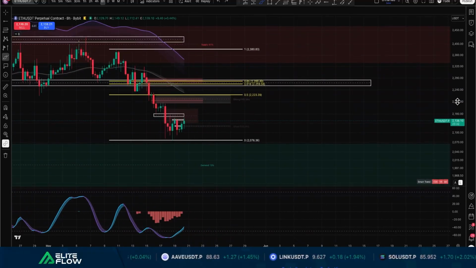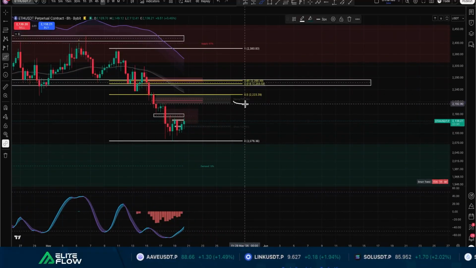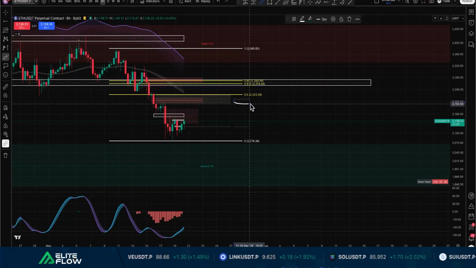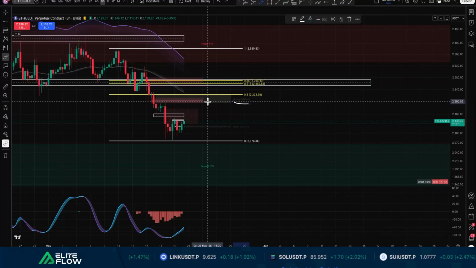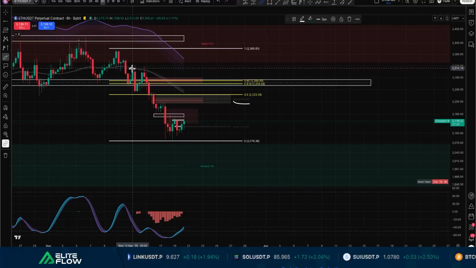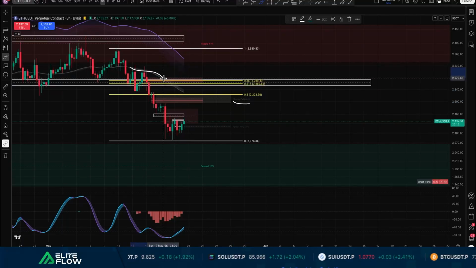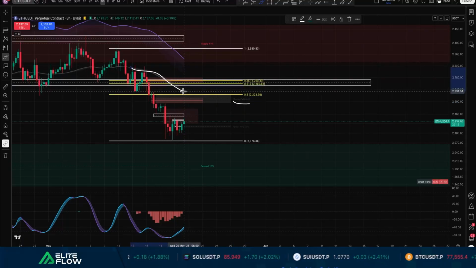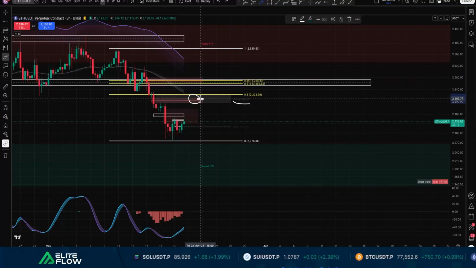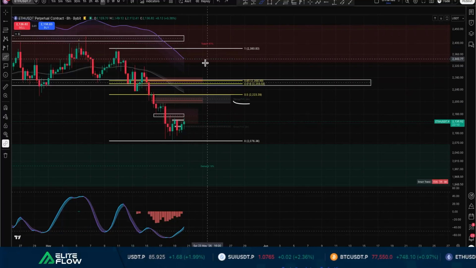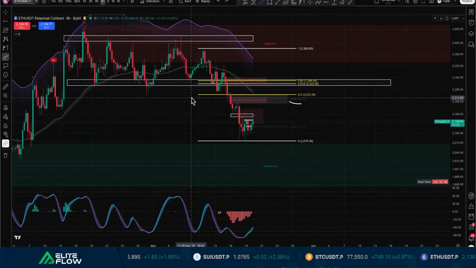Now, another thing worth noting, we've got a strong fair value gap. Same thing as Bitcoin, a 4 hour gap that's engulfing an 8 hour gap. The 8 hour exponential moving average, this gray line, is coming exactly around this price target, okay? So where are we going to be looking for a short